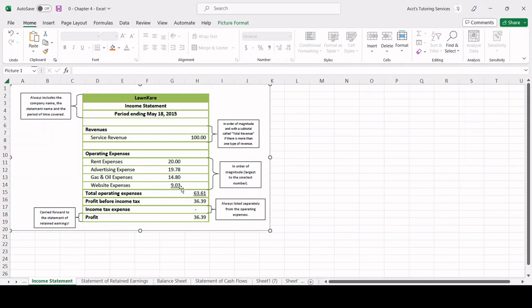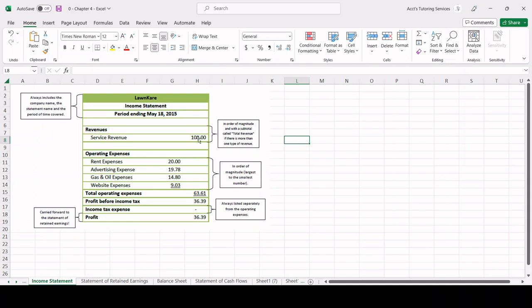As you can see, there's an underline over here. Whenever we do a calculation, we put an underline. All of these add together, underline gives us this, correct? And then 100 minus 63.61, underline gives us this. So once again, revenues minus total operating expenses gives us profit